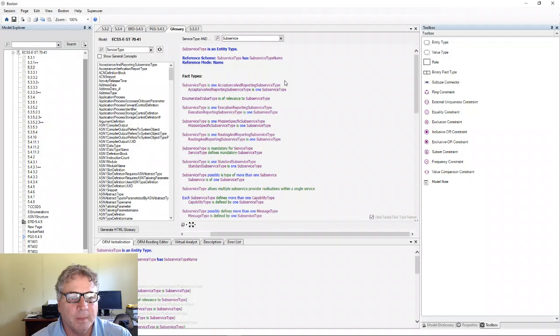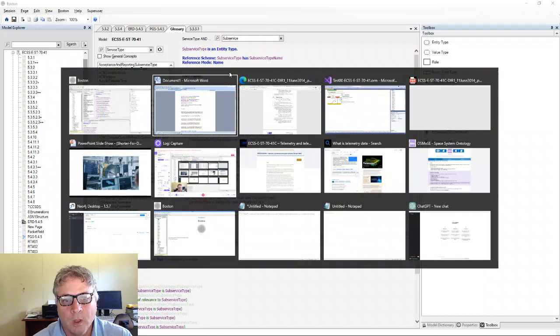And in this instance, what I've done personally to try and understand the model is that I've navigated around the glossary to try and understand what a service type and a subservice type is. And I can tell you. So let me go back to